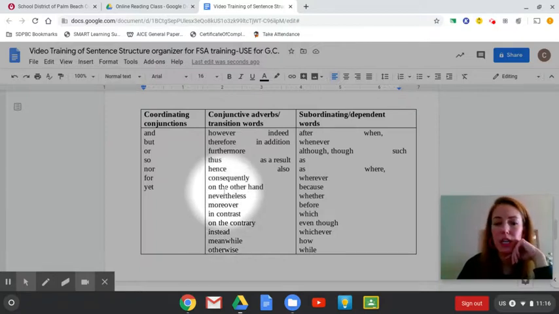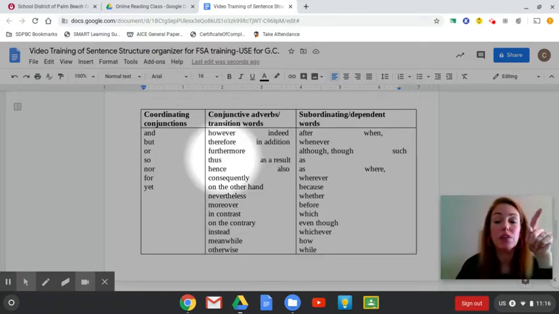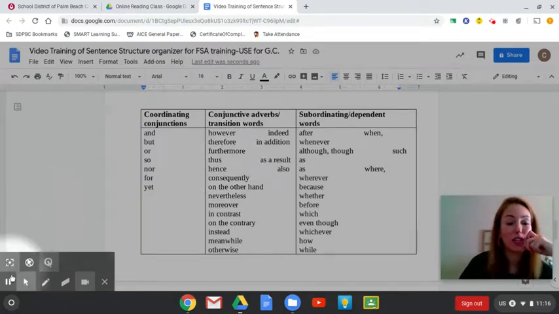The dog ran to the tree, he barked loudly. How about let's use furthermore? That makes sense. The dog ran to the tree. Furthermore, he barked loudly, because he's doing it in addition. Okay, so let's do